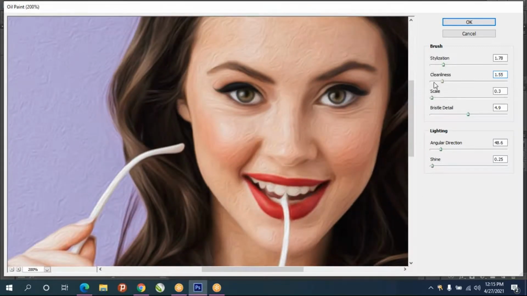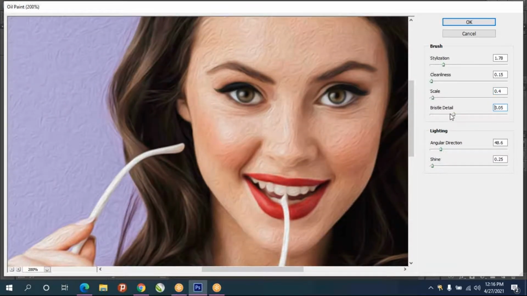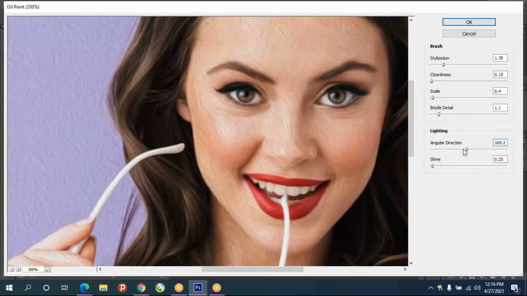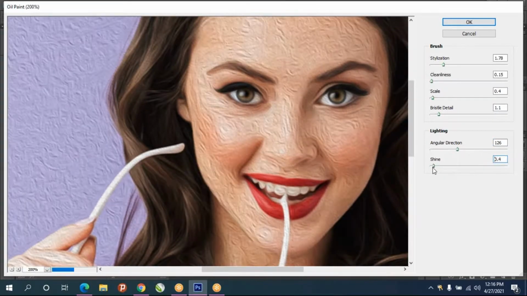Always give less in quality, and the scaling also, don't give too much. The sign effect, if you want, you can increase.